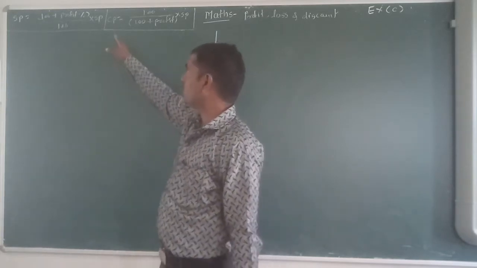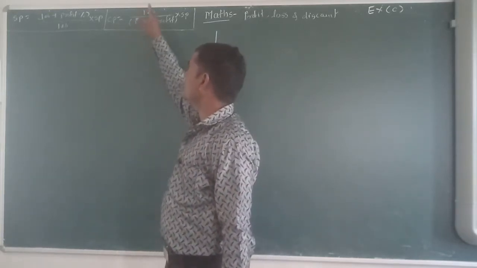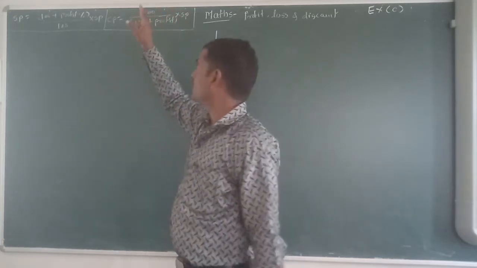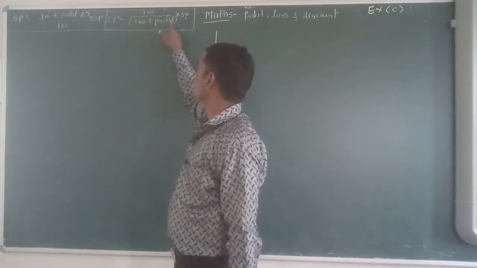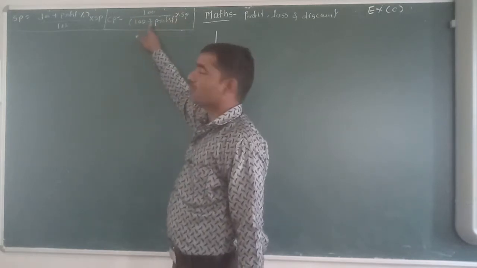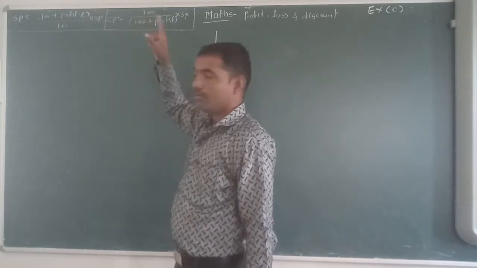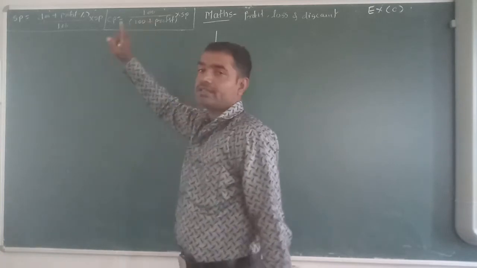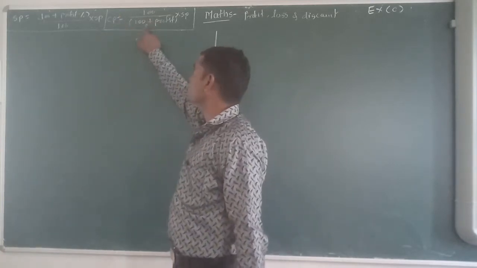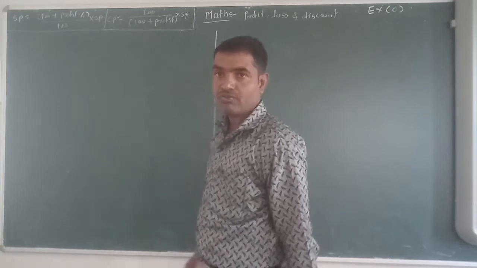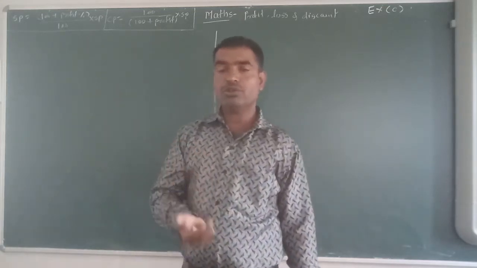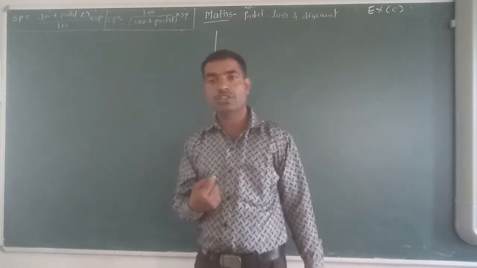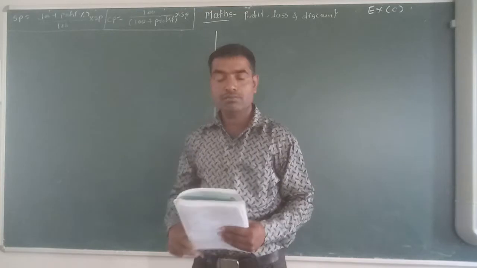Then another second formula: CP is equal to 100 upon (100 plus profit percent) multiplied by SP. Whenever the profit or gain is given. But whenever the loss percentage is given, that time you have to take the minus again, instead of plus, minus loss percent. Same here: whenever the profit is given in any formula, you take the plus, and whenever the loss percentage is given, you take the minus.